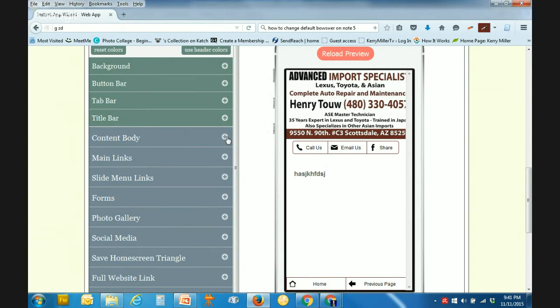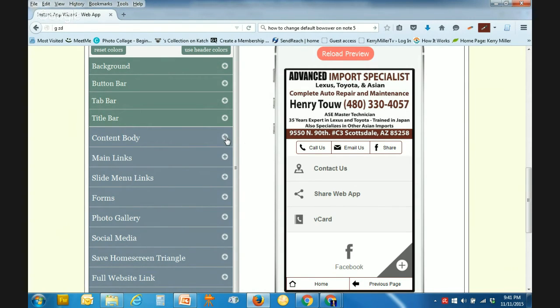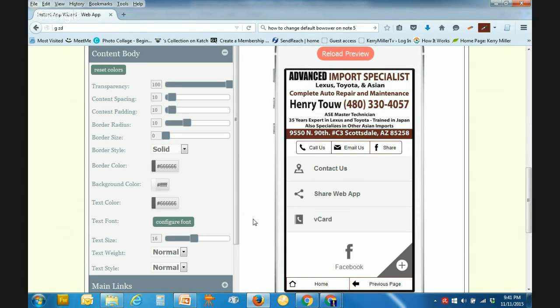A lot of people say, where do I change? A lot of things that you don't realize you change in the content body. Okay, text size, your text in your content, that's where this changes right here. Sometimes you'll come in here and this will be set to like 10 or 12. Good text size for an app is 16. So if you go into your app and you're looking around and your text size is too small, for example,